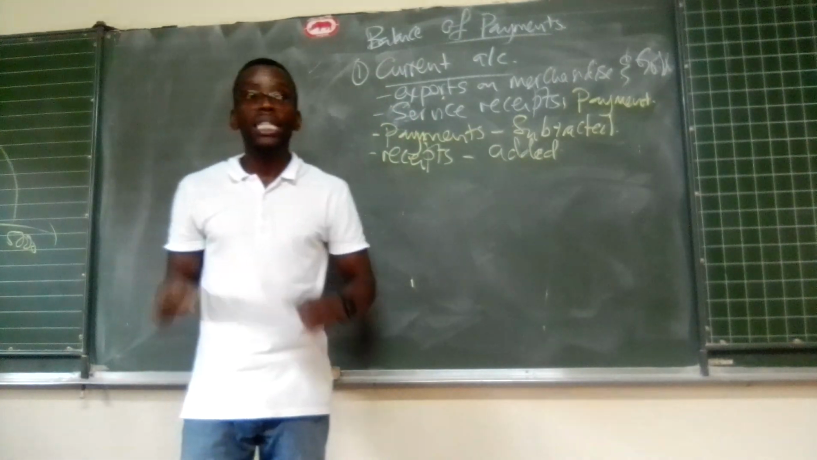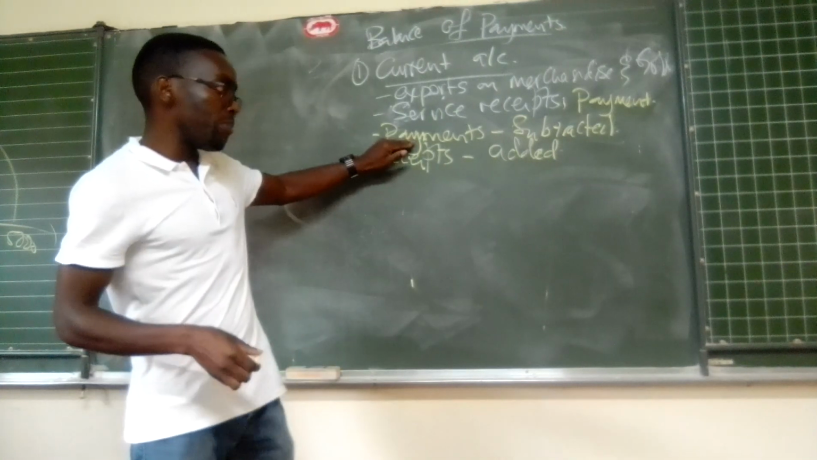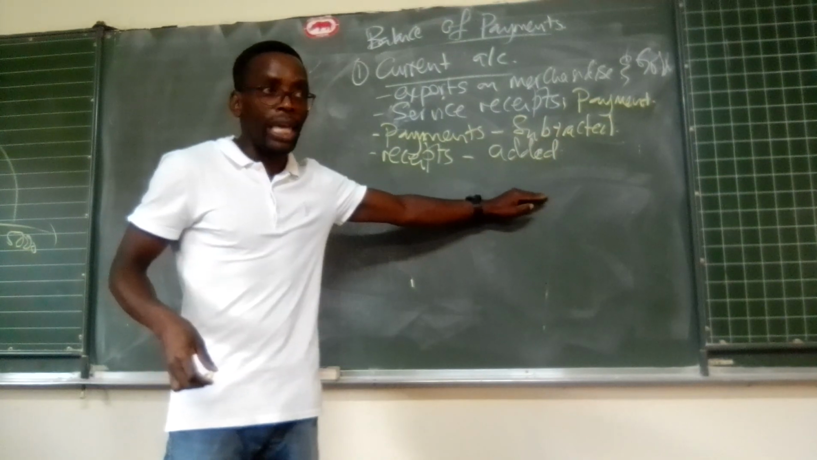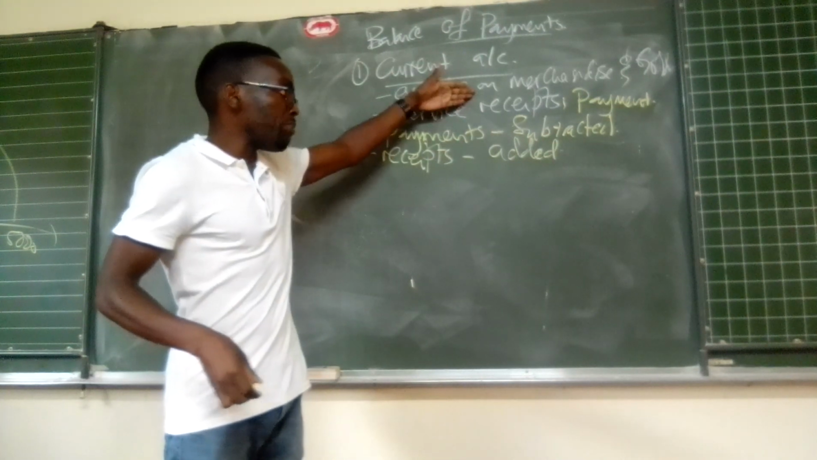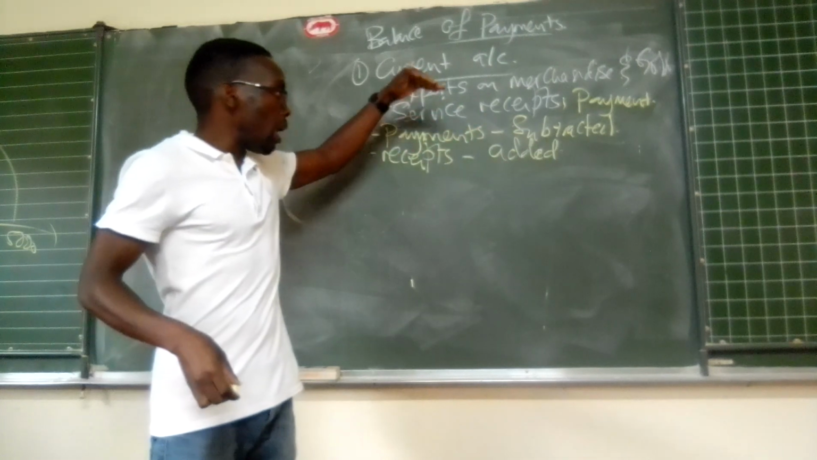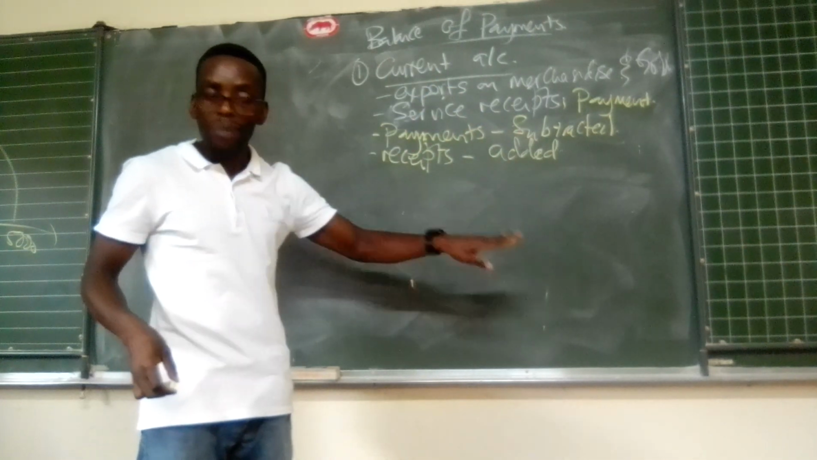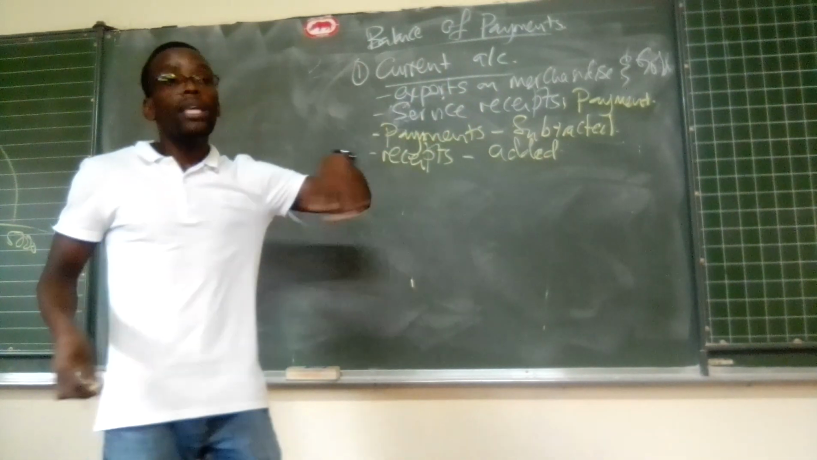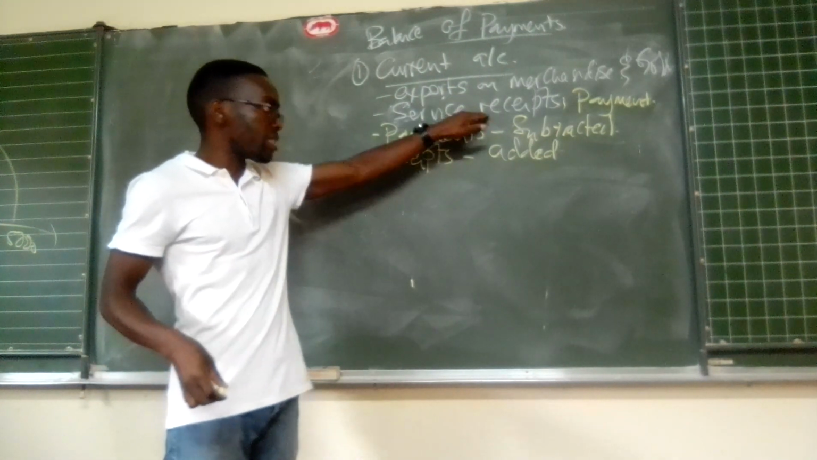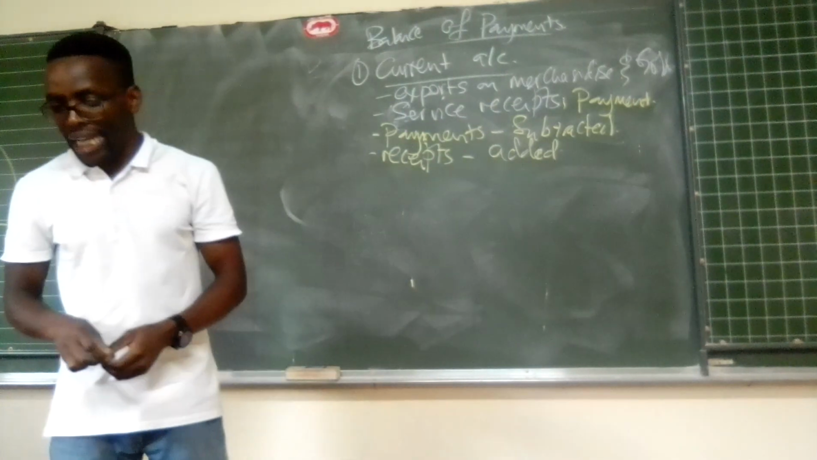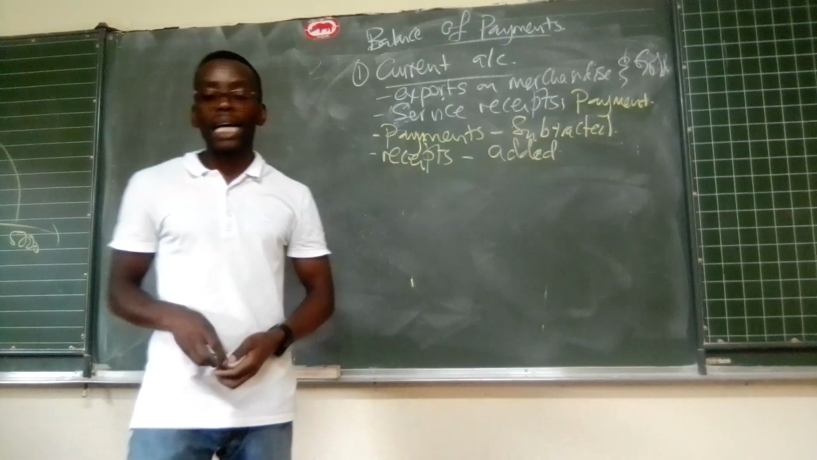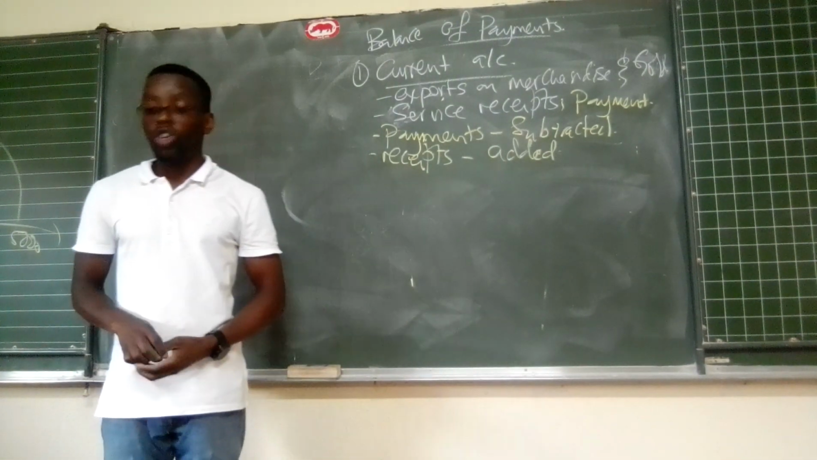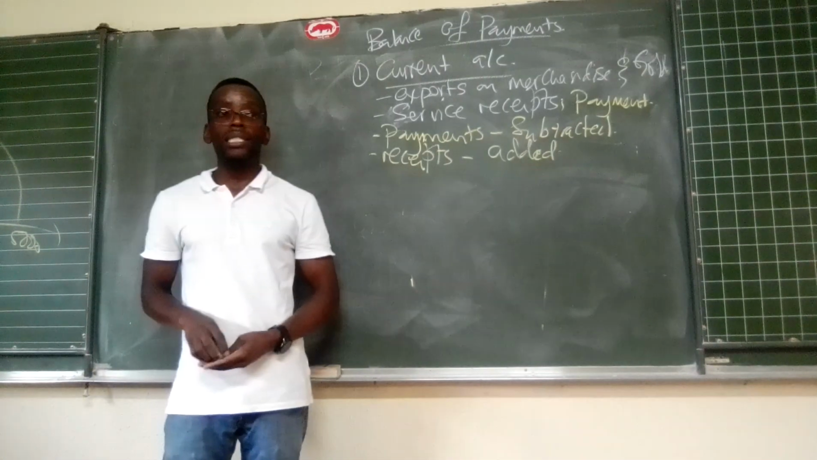Okay, so when we are recording in our current account, our payments are going to be subtracted, and our receipts are going to be added. These are either payments for merchandise or payments for services, and they will be subtracted. Then the receipts from merchandise, or even receipts from services, are going to be added. Now our current account also includes the income payments and the receipts